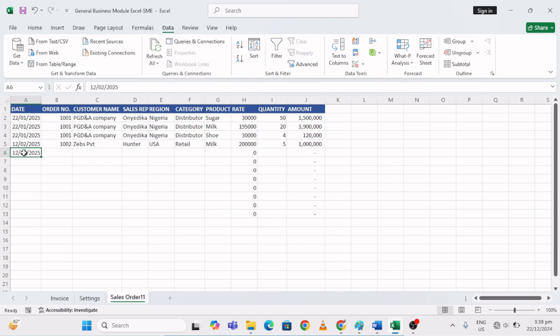On this same day, this customer is also buying other products. Let's say this customer is buying chocolate. This is the quantity. I'm doing this so that we can get enough data to analyze it on pivot. So let's say on another date, March 2025,